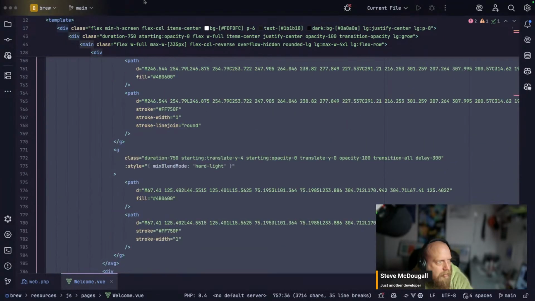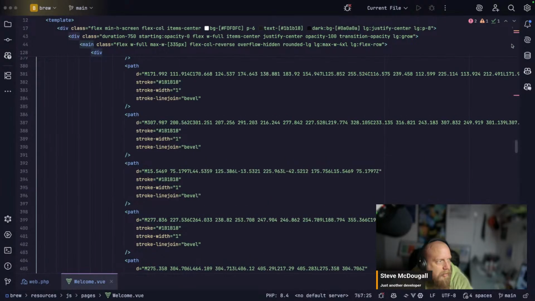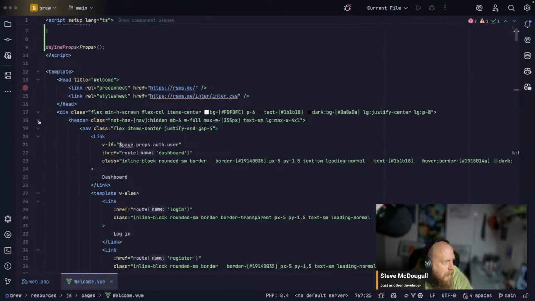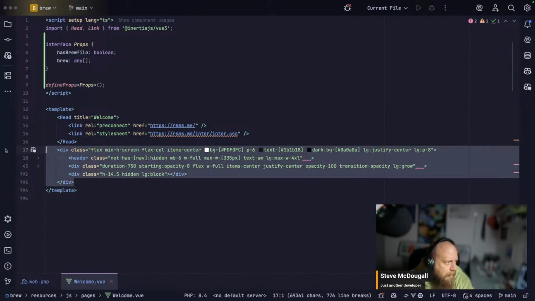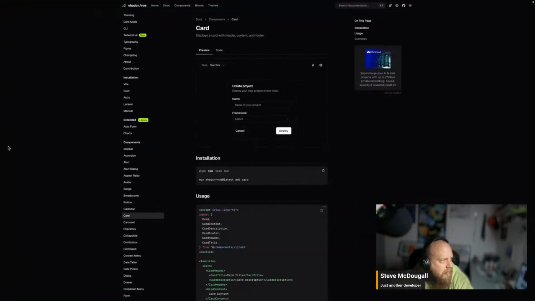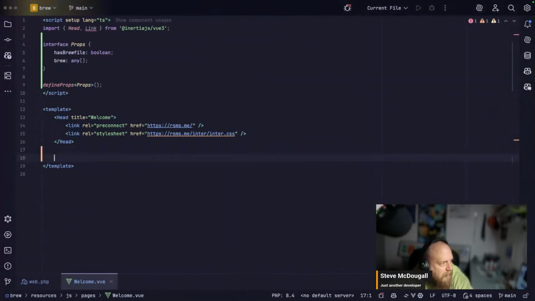Just get rid of all of this. I'll tell you what, it'd be quicker for me just to... Why is my computer being so slow? That's a header. There's that. Let's just remove all of that. Let's come back and have a look. There we go. Nice and empty. Okay, so